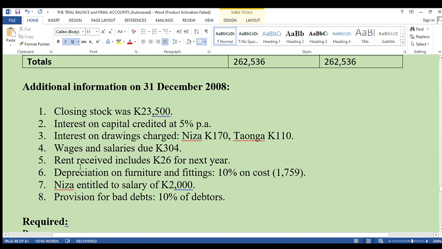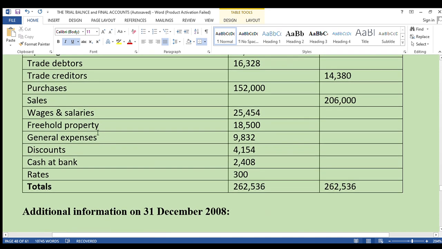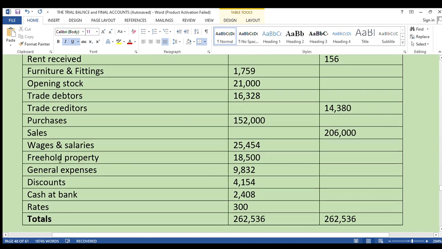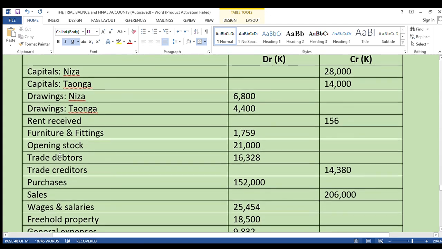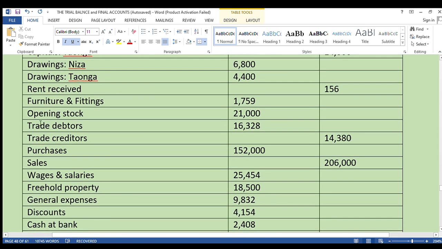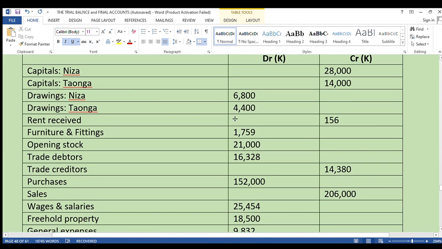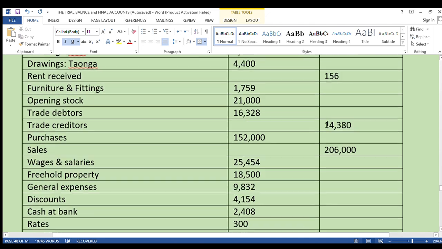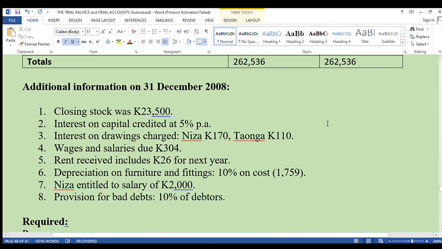Then there is rent received, which includes 26 for next year. So this rent received, where is rent received? Rent received is 156, but this whole figure is not for this year. The 26 is part of next year, so it should be shown in our books that this 26 is for next year,